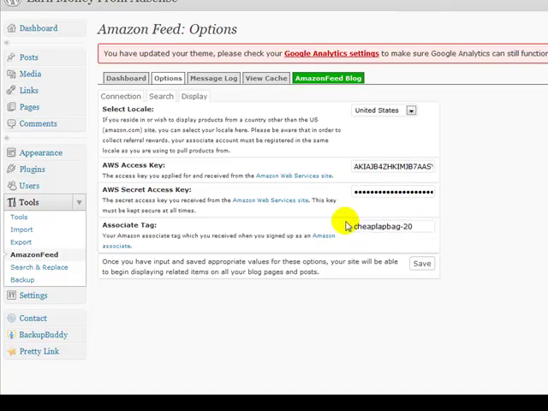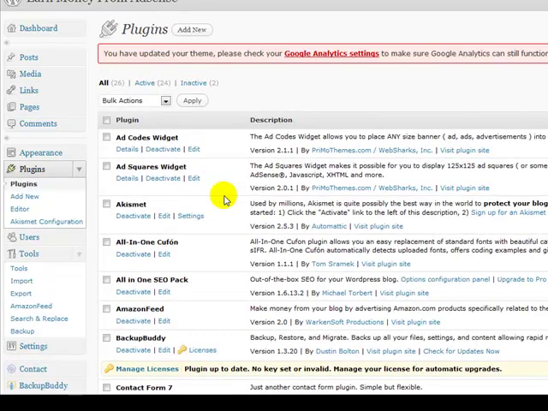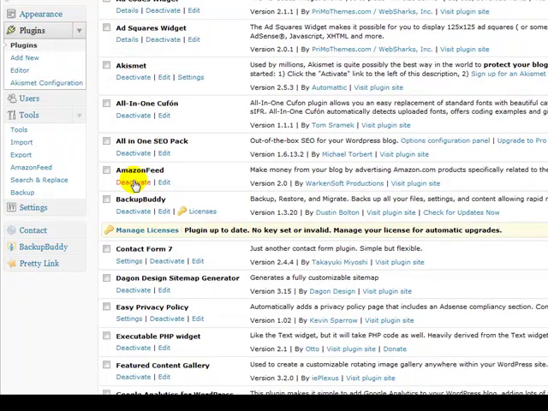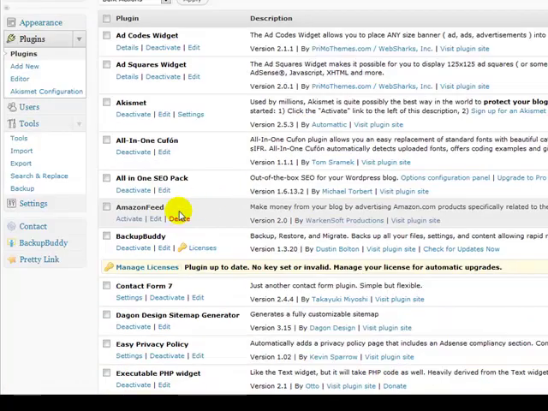So what I discovered was that if you go back to plugins and you deactivate the plugin, let's just try that. Amazon Feed, deactivate it. Now I haven't changed any details such as my associate tag, so there probably will be no changes, but if you reactivate it,